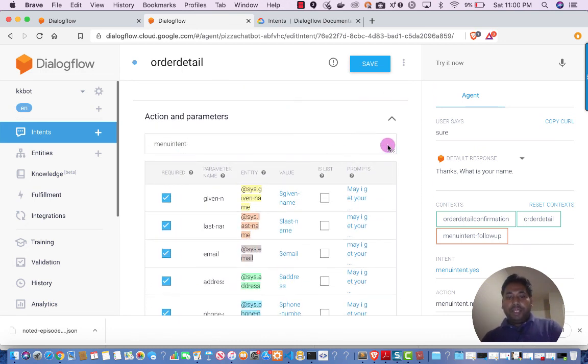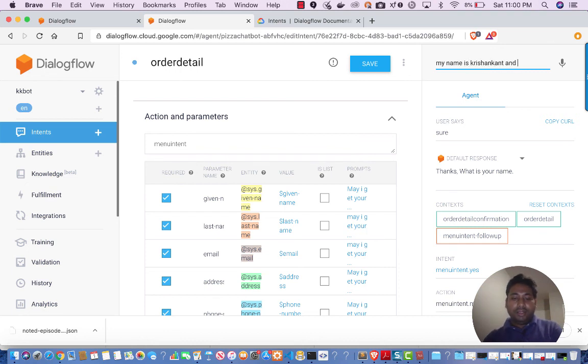Once I enter this, the system is capable of finding the email ID and phone number because I entered both of them. Dialogflow is able to extract the email and phone number. Otherwise, it might have asked me for the phone number. So now it's asking me for the shipping address.